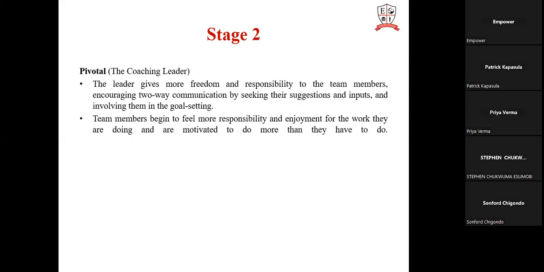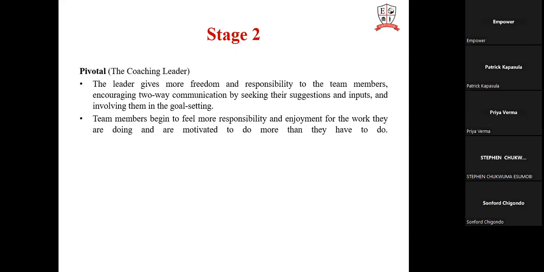The second stage, the pivotal stage. In this stage, the leader gives more freedom and responsibility to the team members, encouraging two-way communication by seeking their suggestions and inputs, thereby involving them in setting the goals of the organization. So team members begin to feel more responsibility and enjoyment for the work they're doing and are motivated to do more than they have to do,